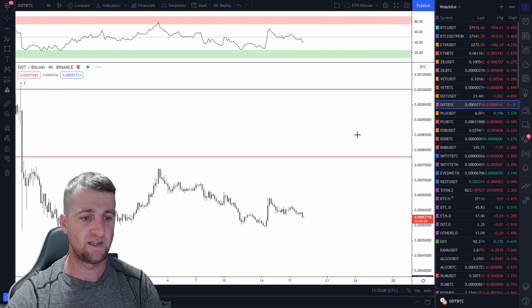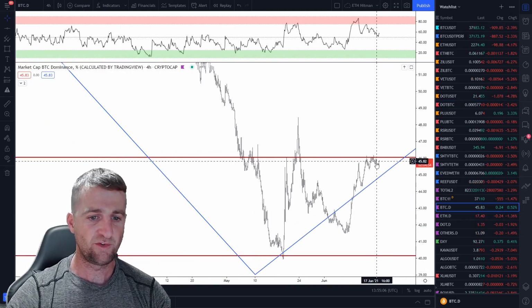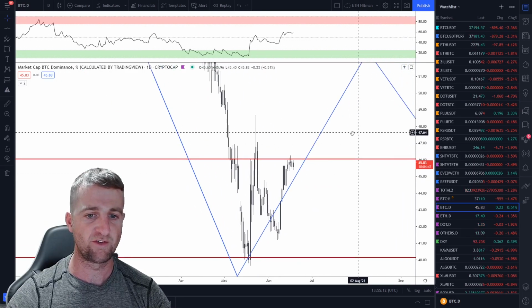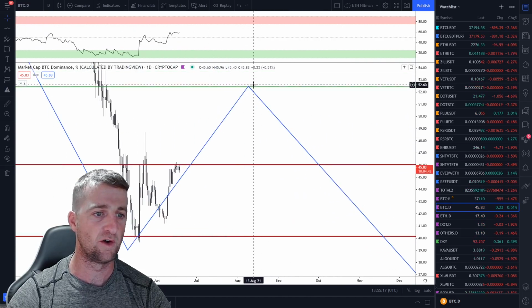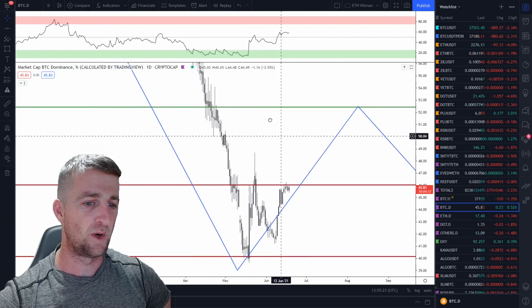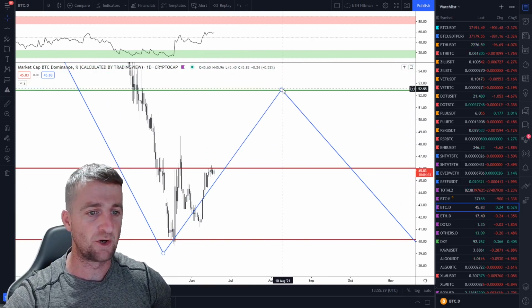Taking a look at the BTC pair. What I'm considering here, let's take a look at a Bitcoin dominance chart. We've still failed to break above this resistance at 46%. If Bitcoin randomly spikes and starts pushing to the upside, which I think is a good potential, I'm looking for BTC dominance to climb back up to 52%, because previously it's dropped to all these levels of support quite vigorously,